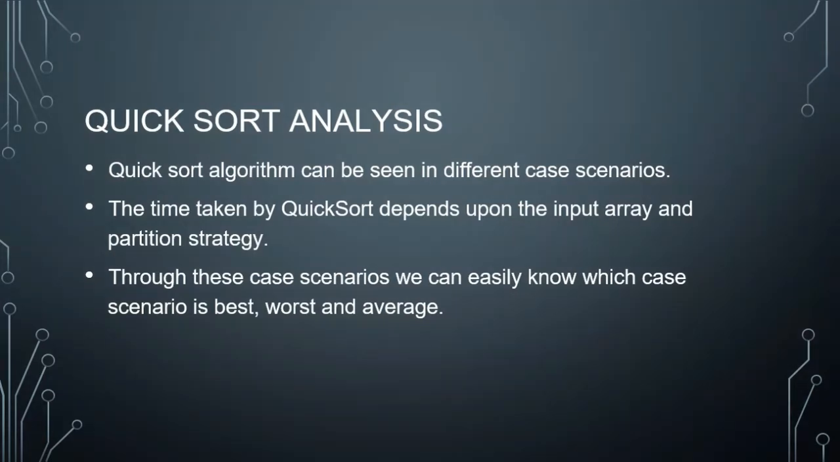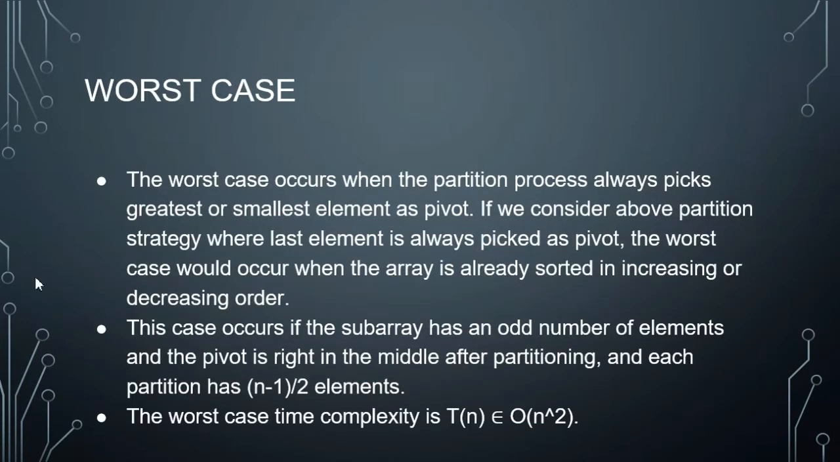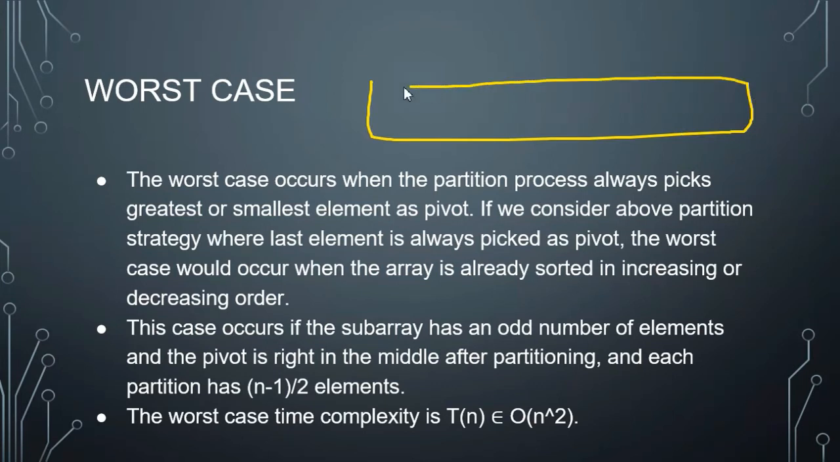So now we discuss the worst case scenario. The worst case scenario occurs if the partition process always picks the greatest or smallest element as a pivot. If we select an element from the array which is greater or smaller in the array, so as 1 is selected, and 2,